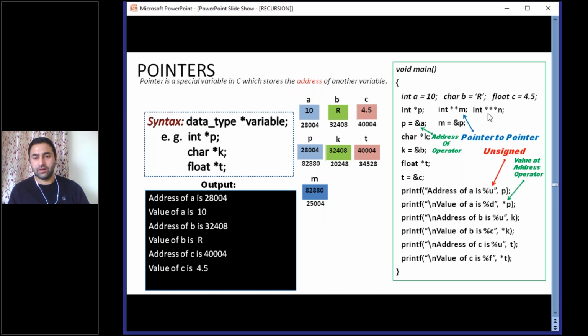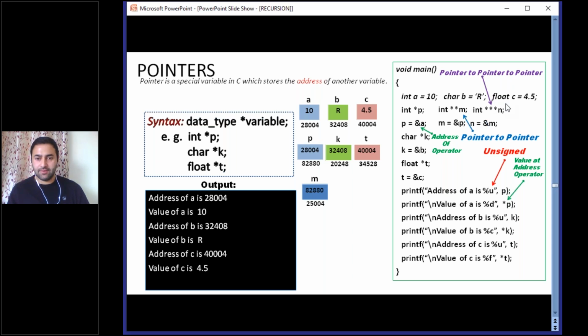Now see this declaration once again: int triple asterisk sign and N. Okay, what is this? This is known as pointer to a pointer to a pointer. Now its declaration means N is a pointer which will store the address of a pointer which points to another pointer. Okay, so in this way you can go for n number of asterisk signs here. You can store the address of this N in another pointer too. For this you have to use 4 asterisk signs. And in this way you can go on for n number of asterisk signs. We will concentrate only up to here, 3 asterisk signs.